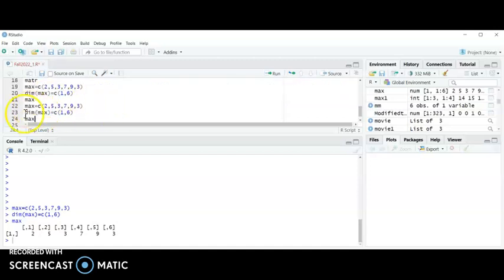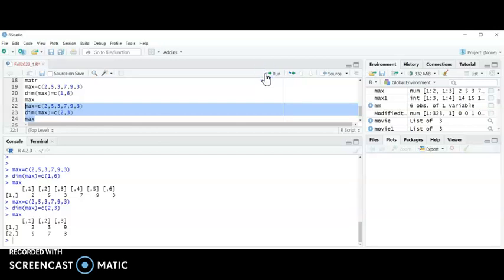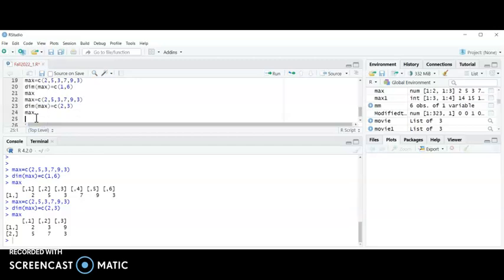We have max, this is the same, so I'm going to ask it for 2 rows and 3 columns, and I'm going to highlight them and run. 2 rows and 3 columns. Let's go for the last one